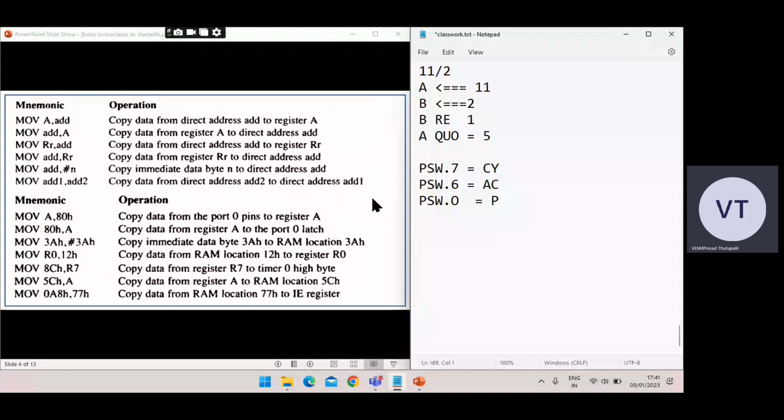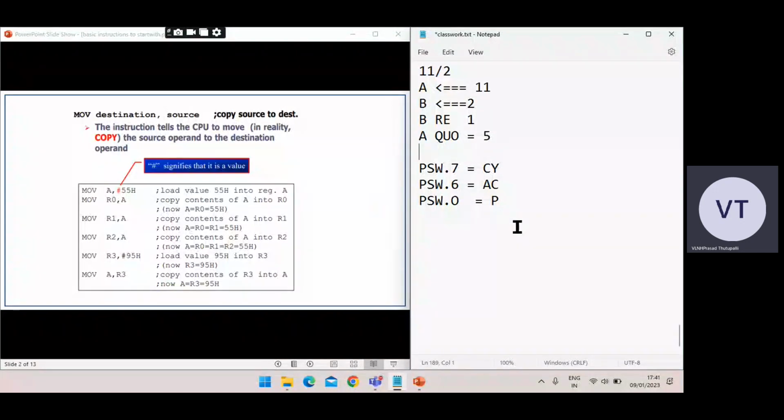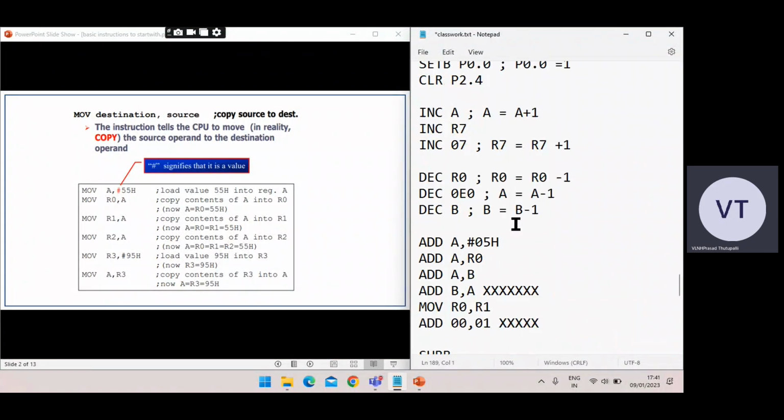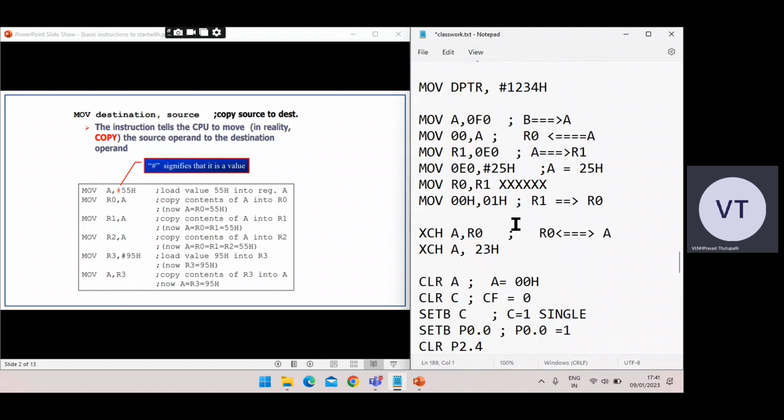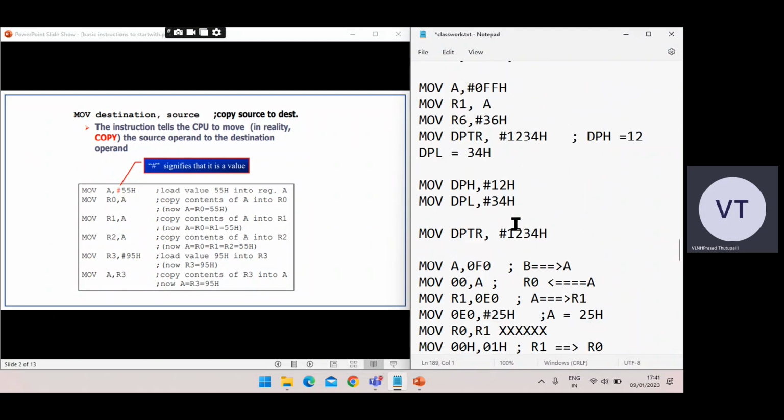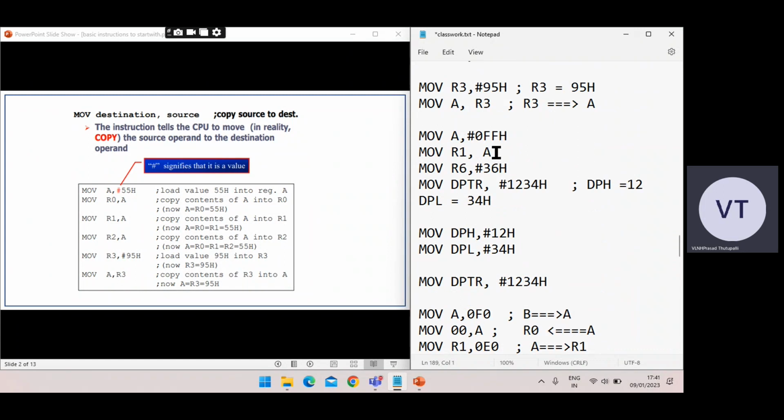Last video we have seen how to initialize registers, how to transfer the content of one register into another register. So MOV R1, A, transferring the A value into R1, initializing R6 with 36, initializing the data pointer with 1,